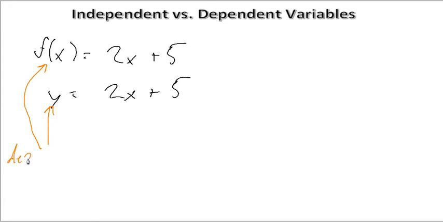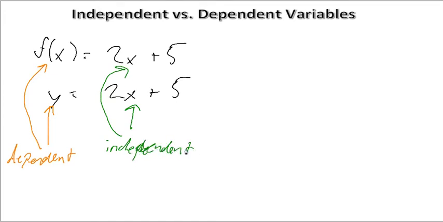So let's write dependent, because it depends on x. So that means x is going to be your independent variable. X is the same in both, so we can say that this is your independent variable. And then just for an extra thing, these 5s right here, they're what are known as constants, because